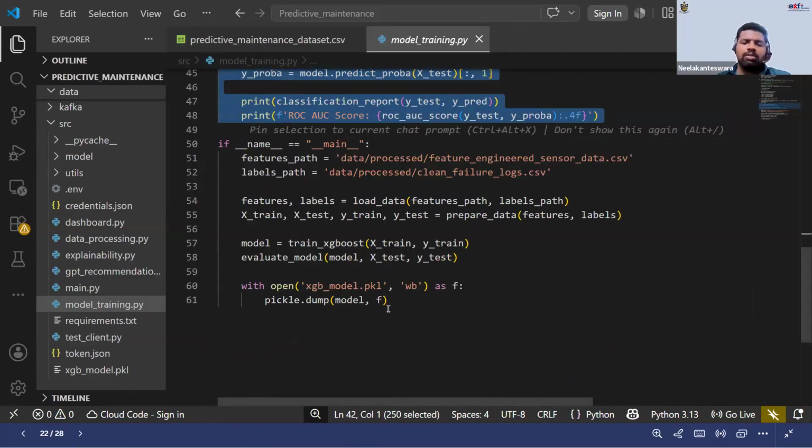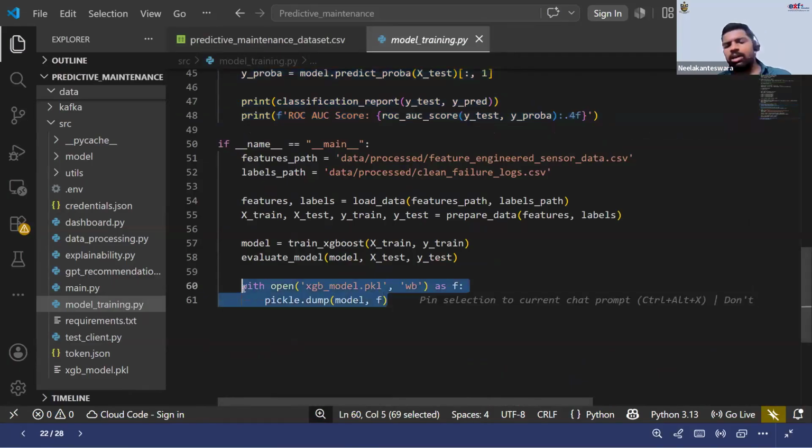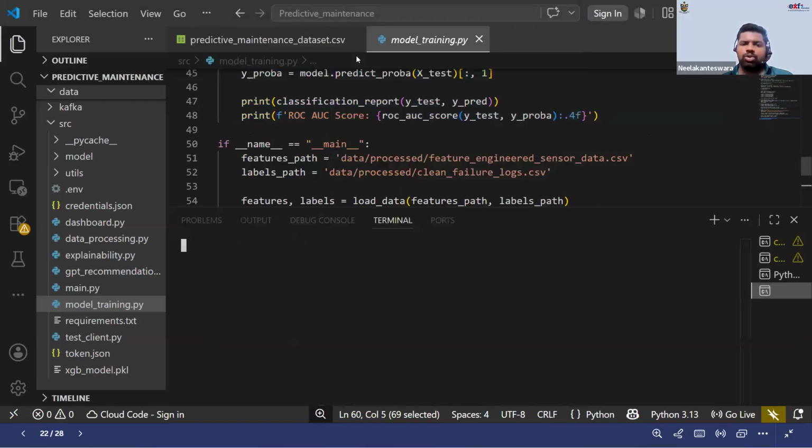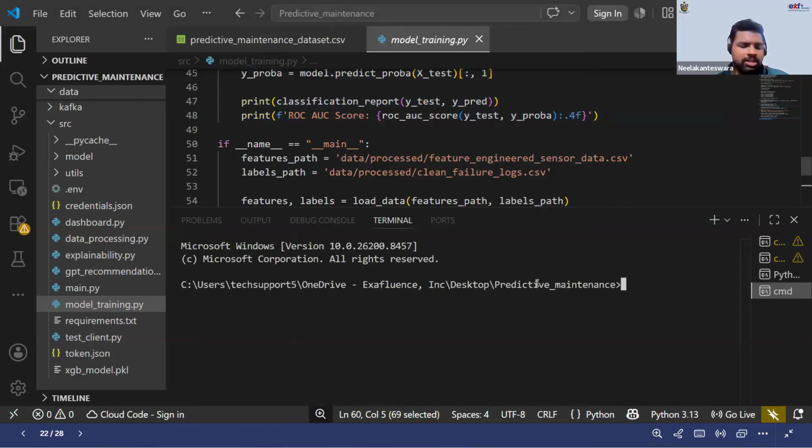And here I'm dumping my model into a pickle file. What is the use of this pickle file? If you have generated the model, you can dump your model into the pickle file. This pickle file saves all the patterns of your model, so it is going to execute the things. That means we don't need to run the model again and again whenever you need it. That is how it works.